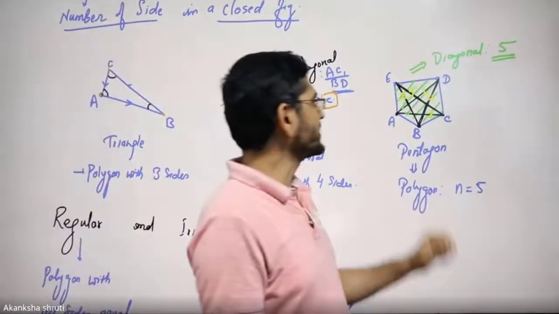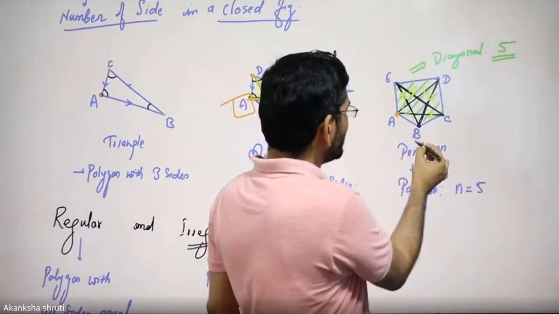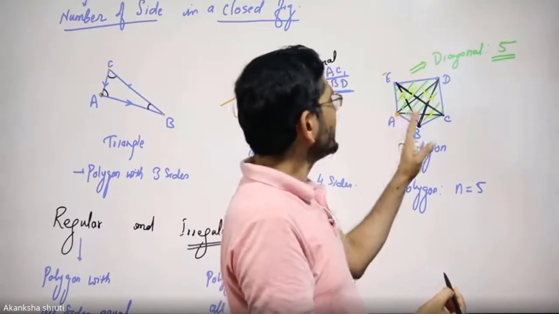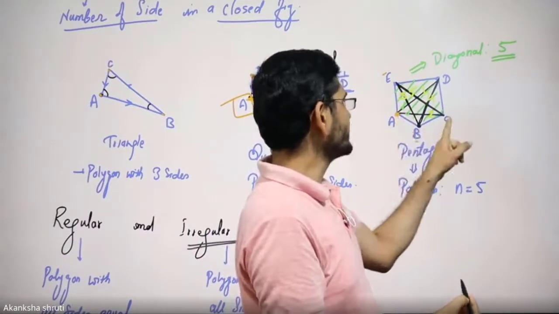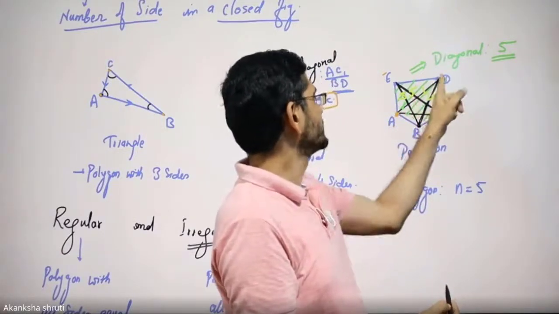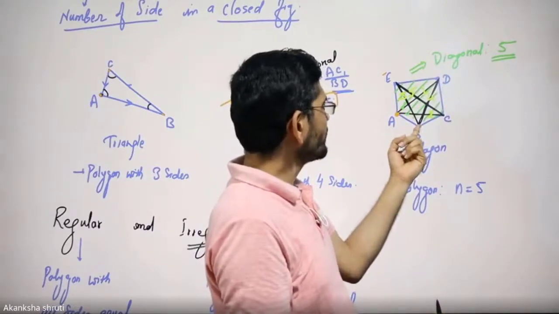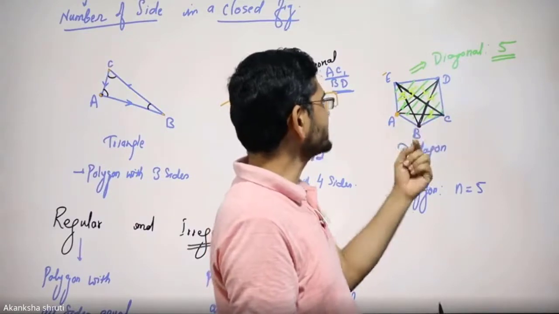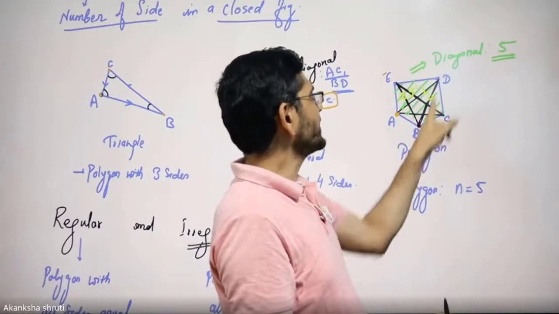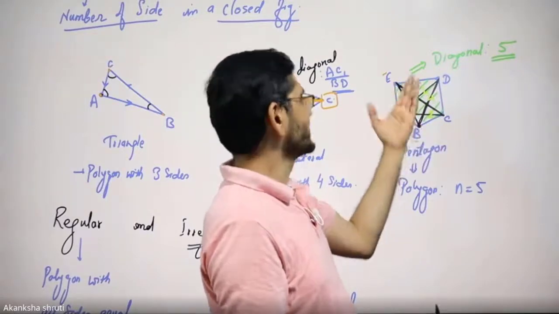Now coming to this pentagon, considering the point A, the next to A are the vertices B and E. So you have to leave the vertices B and E for A, and join the other remaining vertices. So A can be joined to C, A can be joined to D. So AC and AD are the 2 diagonals. Other, if I am starting from this B, for this B, A and C are adjacent. So excluding A and C, you join this B with this D, you are getting one diagonal. Joining this B with E, you will get the other diagonal.